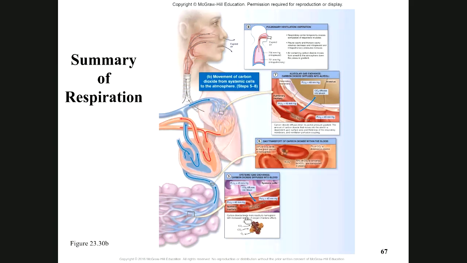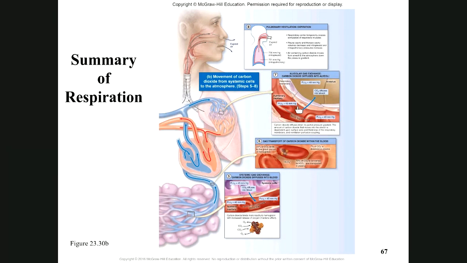The carbon dioxide which is produced from our cell diffuses and comes to our blood flow. About 7% is dissolved in our plasma, about 23% can be carried by hemoglobin, the globin part, and about 70% is transported as bicarbonate ion. Then this transportation takes place, and by the pulmonary capillary it comes near the alveoli, and in the alveoli,